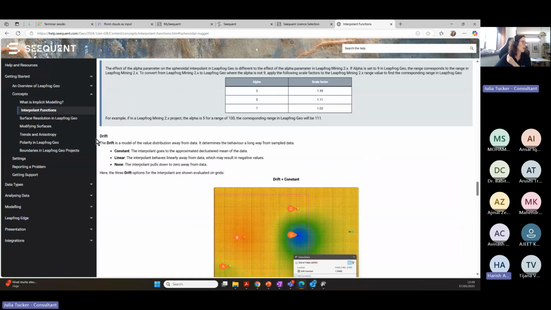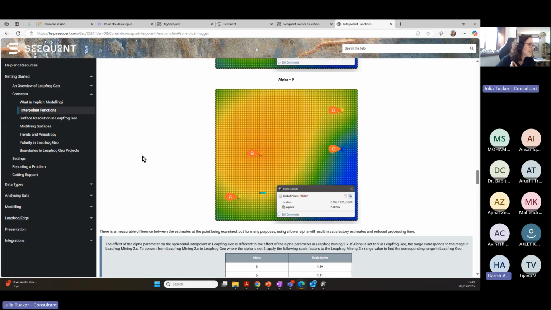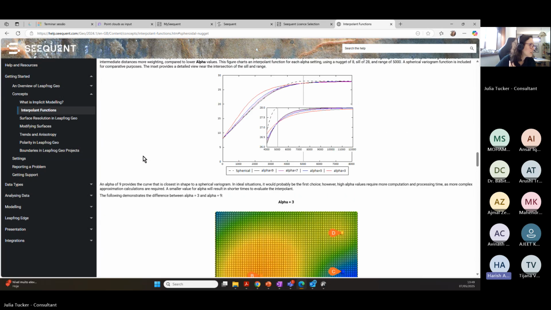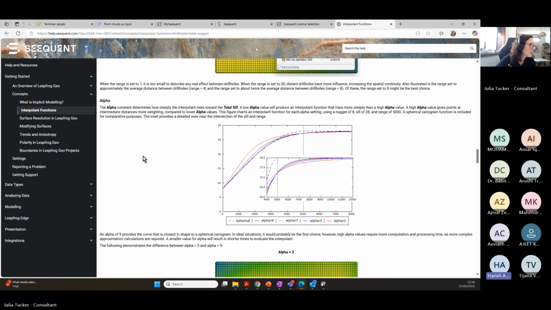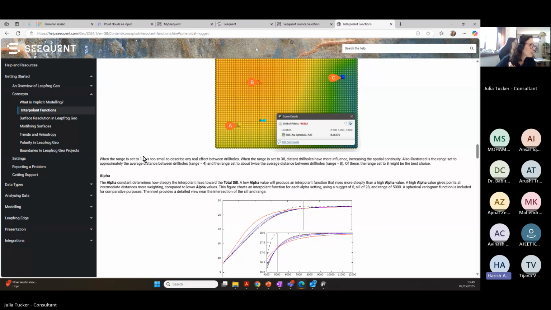And Julia, also we have here, oh, sorry? This base range we are talking about. You told us that yes, we kept base range of 200 because this has to be 2 to 2.5 times the distance between the boreholes, drill holes, right? And